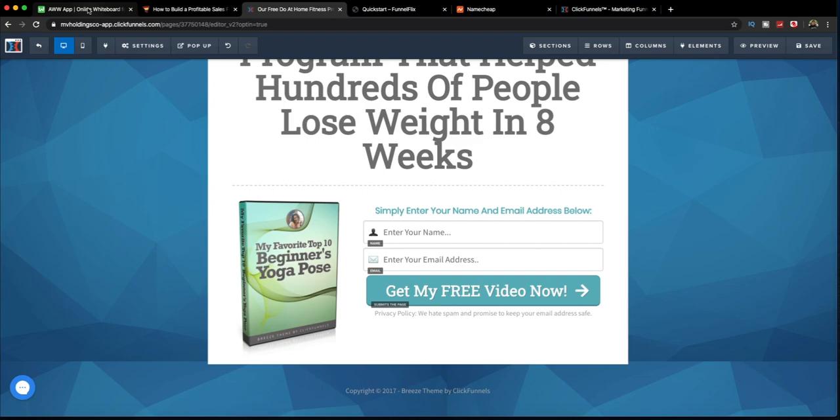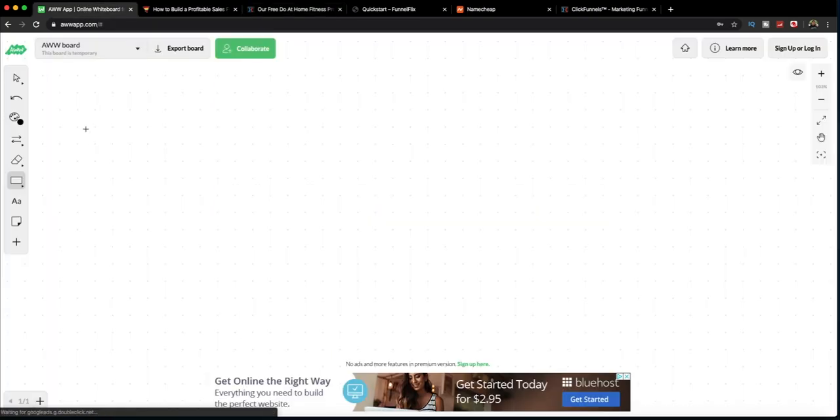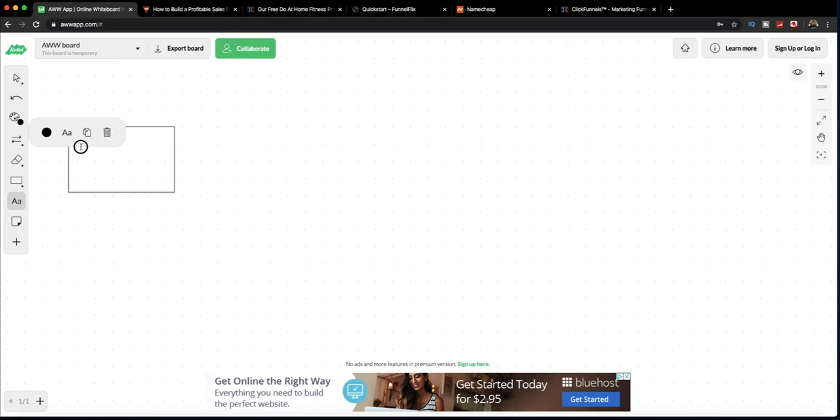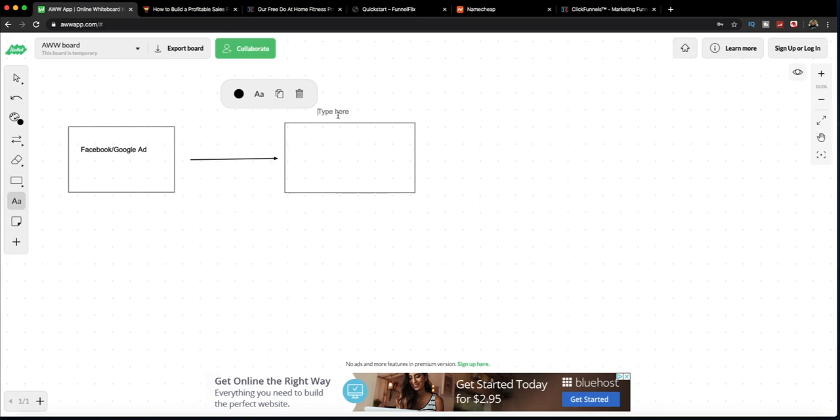collecting their email. Now let me explain how this email thing works, right? You pretty much run your funnel in an advertisement. You want to put this in front of people, so usually you run this as a Facebook or a Google ad. You run it as an ad. That ad actually gets you traffic to that funnel. So now thanks to that ad, people landed on this funnel. So this is your funnel,